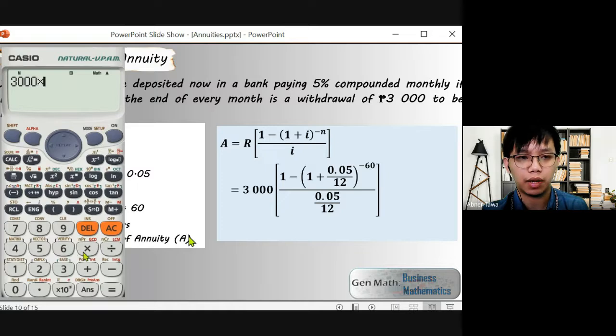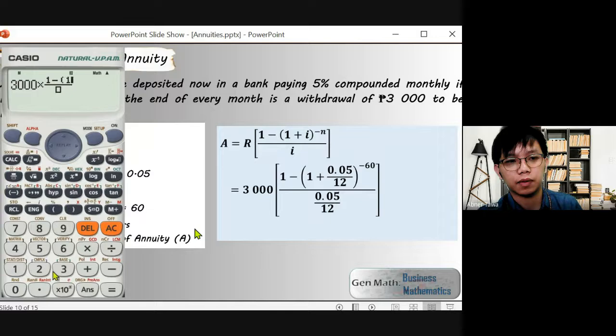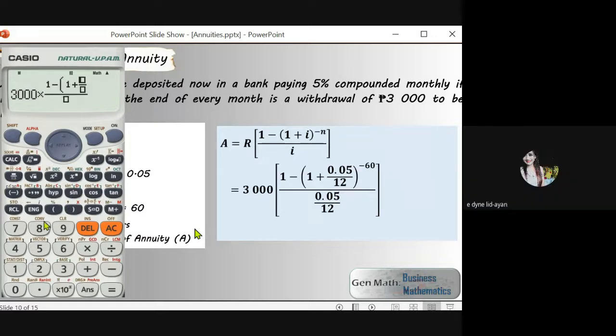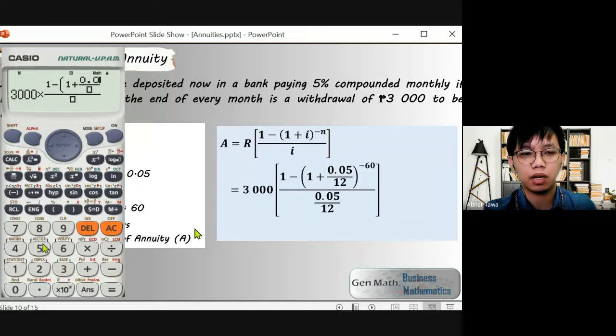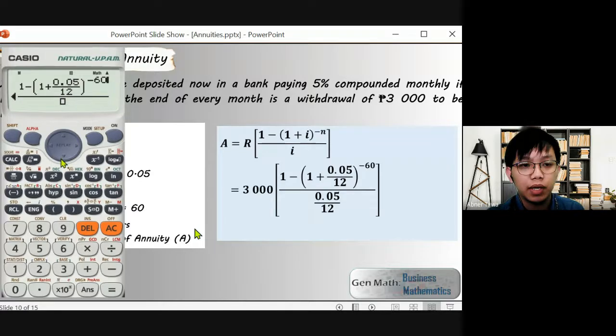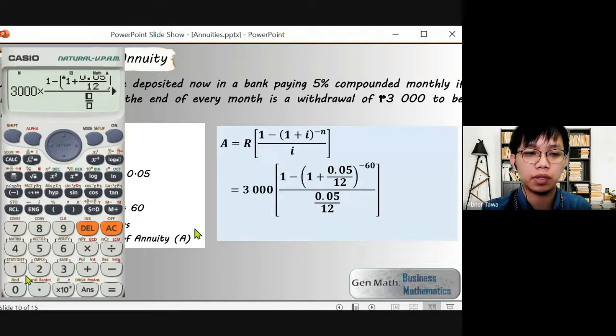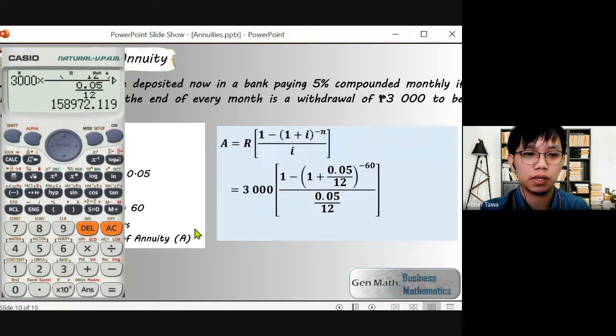3,000 multiplied to... Do you have a calculator or not? Who has a calculator here? Sir, none. You can use the Google calculator or a scientific calculator, or you can download a calculator. You can search it on Google, so you don't need to buy one. And this is offline. You can use it offline, even without internet. Just download and install it. For PC only, it can't be used on a cellphone.